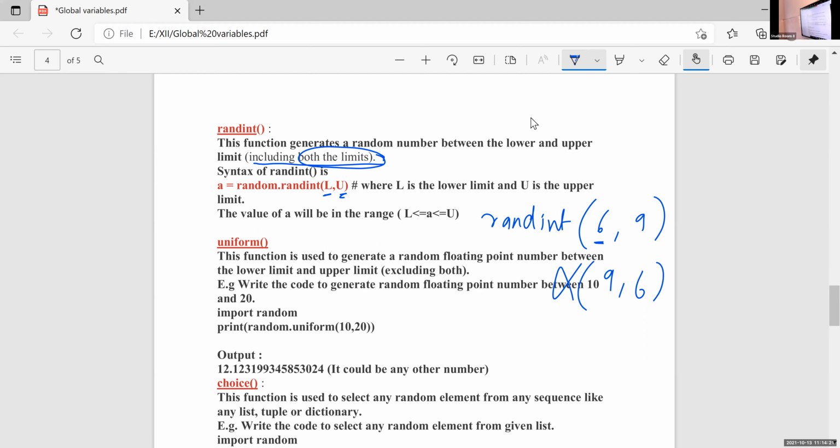So always write this condition: L less than or equal to A less than or equal to U. The output will be either the same L, or the same U, or a value between L and U.